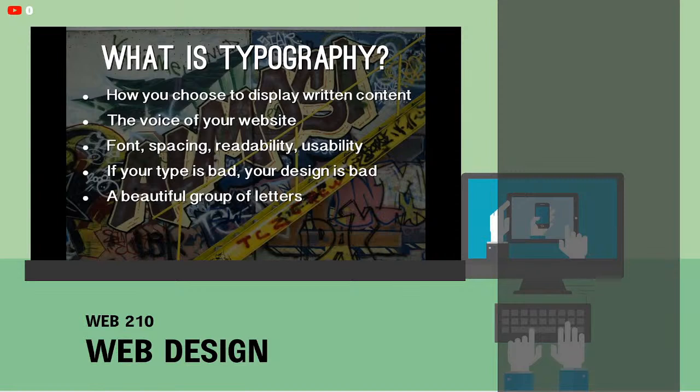And that word readability, we'll revisit that word in just a little bit. The word readability is a big deal, because we want our websites to be readable,